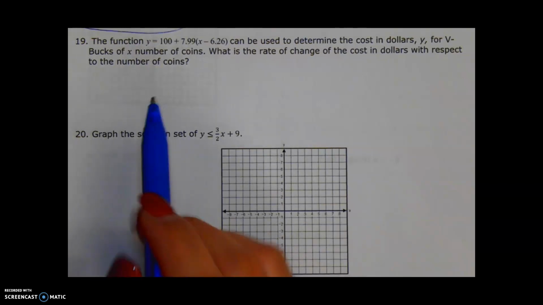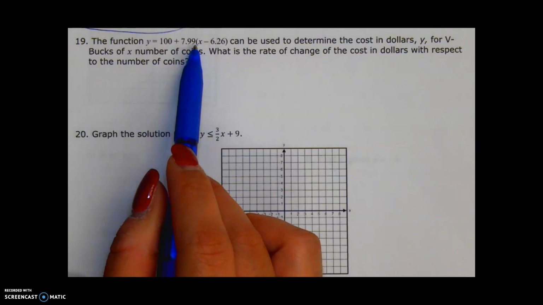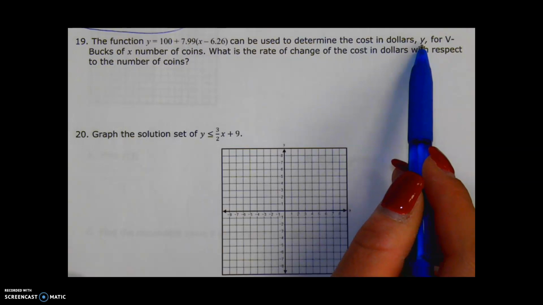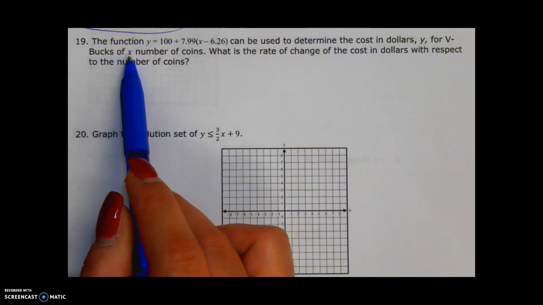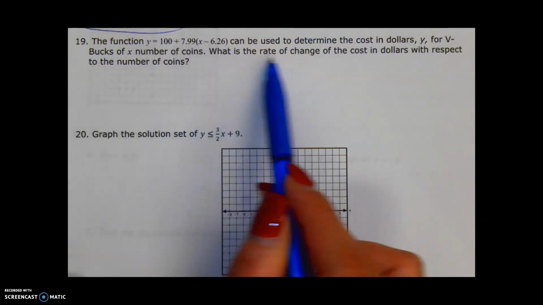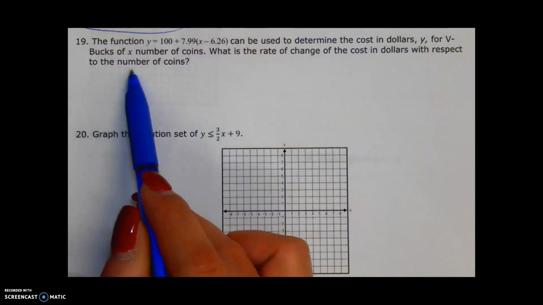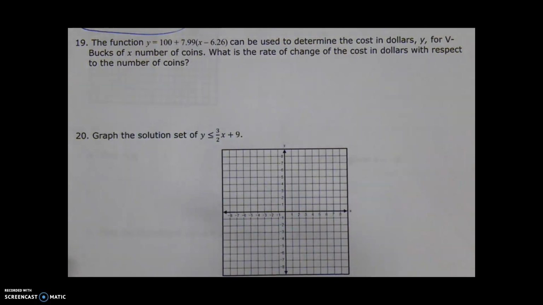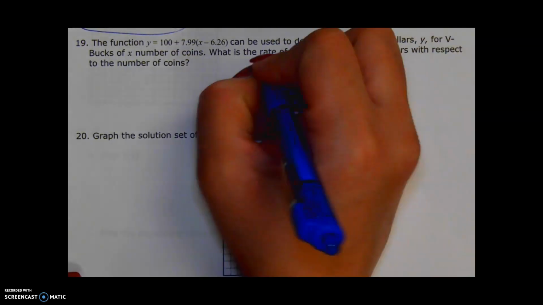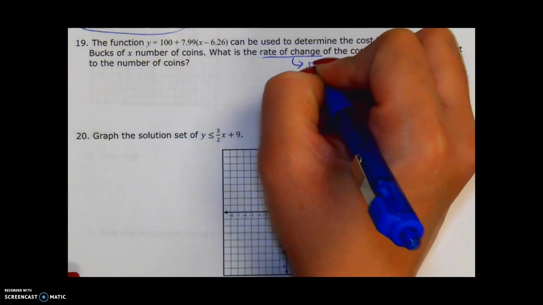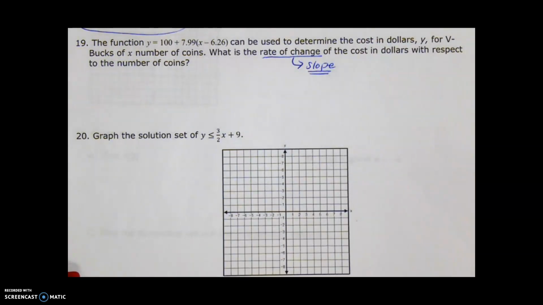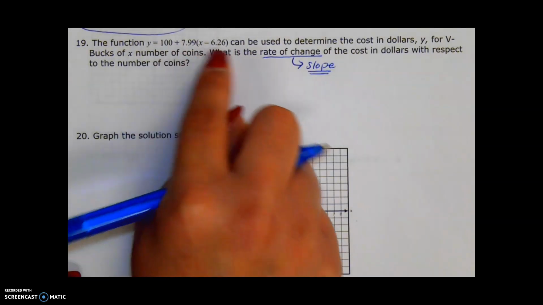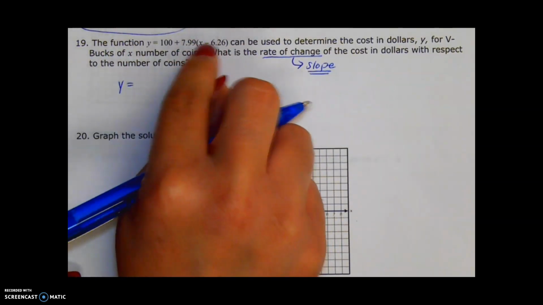Number 19, the function y equals 100 plus 799 times (x minus 26) can be used to determine the cost in dollars y for x number of coins. What is the rate of change of the cost in dollars with respect to the number of coins? So that is a lot of words for basically just saying the rate of change. Remember, that means slope. All right, so that's a big word problem, and all it wants you to do is find the slope. Well, I have to work this little function out and get everything situated, so I'm going to